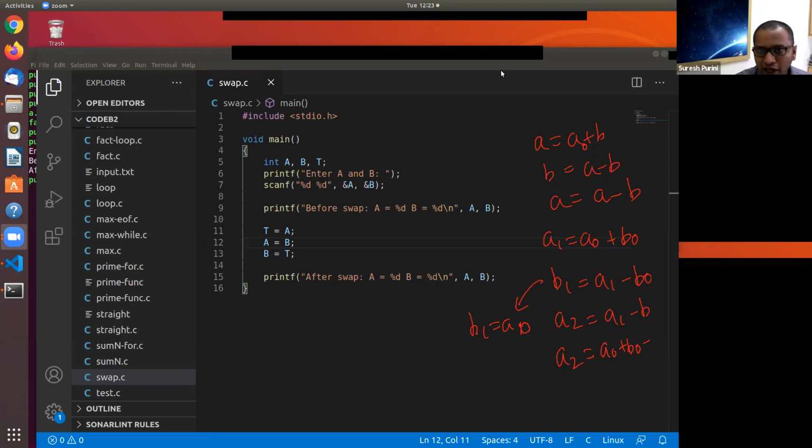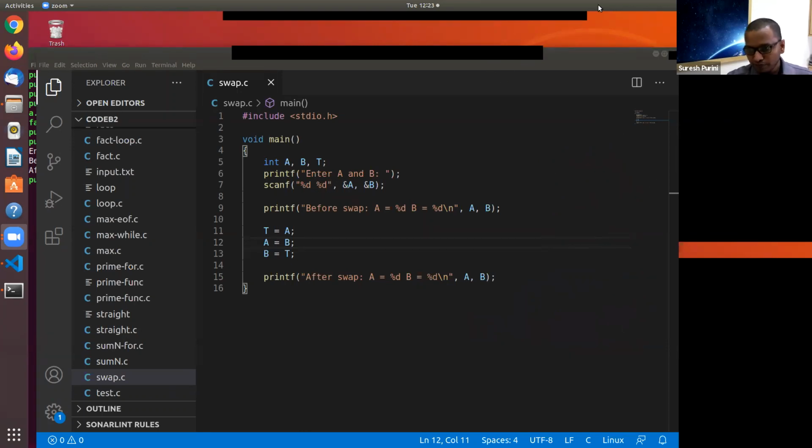Anyway, you can check, but there is a problem in this approach. Those of you who didn't quite get it, you can leave it aside. It's not important. But there is one problem in this approach. Does anyone see the problem?